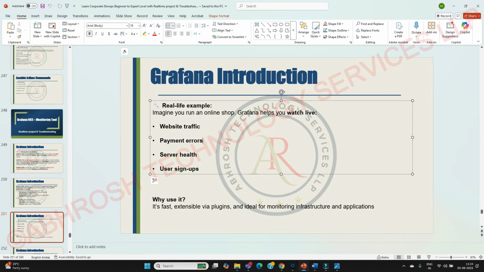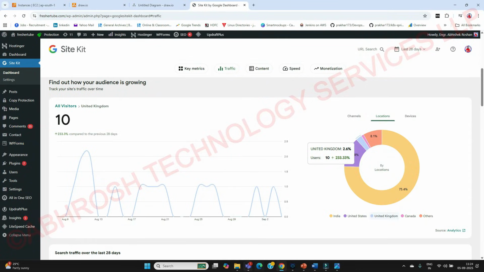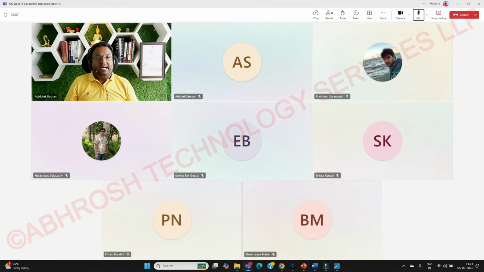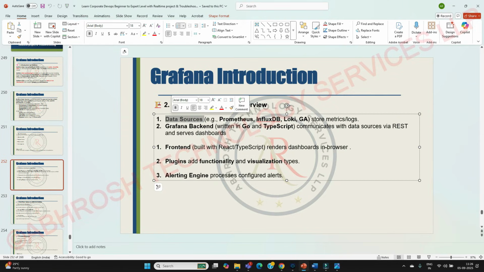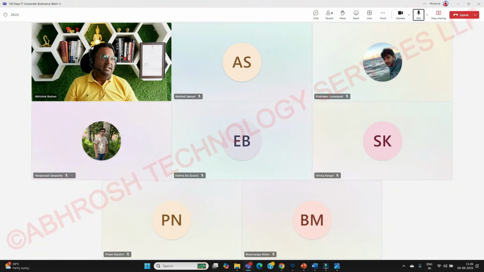Okay, you wanted to monitor the payment error and all, right? So if you have a payment gateway, okay, and you wanted to know, now the payment gateways are already providing so much. So one is that it needs a data source. Now you have understood what a data source is, because obviously if you have to analyze something, you need data, correct? And that data you are going to get from where? So in our project which I have done in my organization, here we are going to do the installation of Grafana with the help